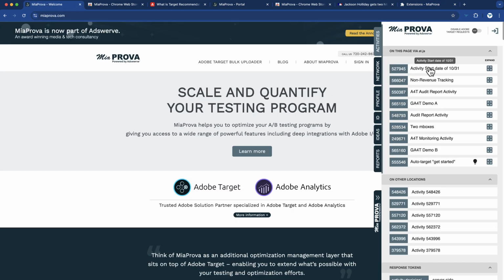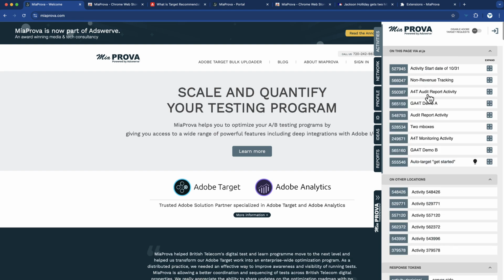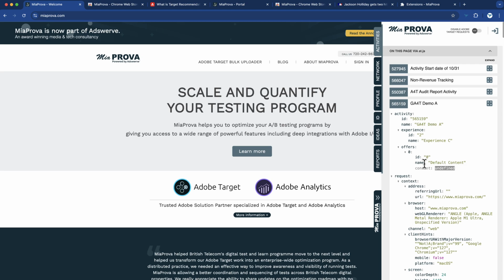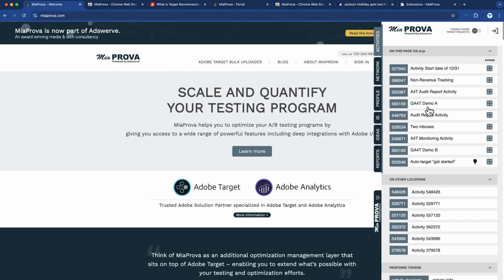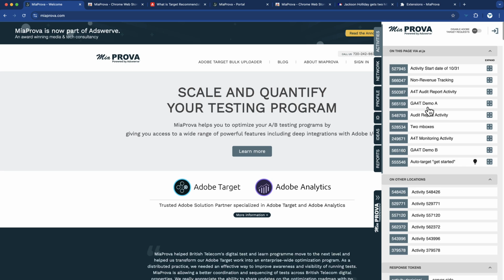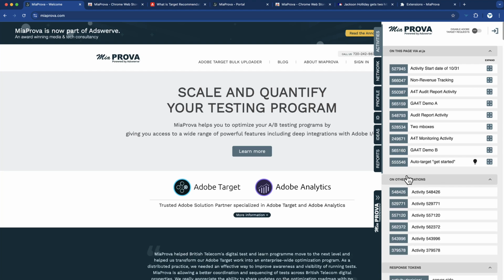So just as we did before, you can see all of the activities as you're getting into them. You can see all the different experiences, the offers, and just like with Adobe Target priority, it's painting to the page from top to bottom. So this last activity is the last one that gets painted to the page. So really helpful for debugging. In other locations, this is something that is not new for this release, but something that